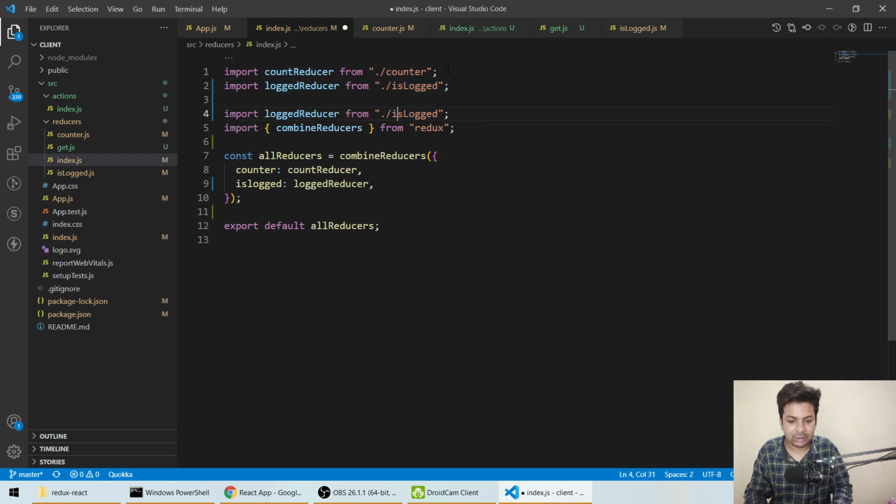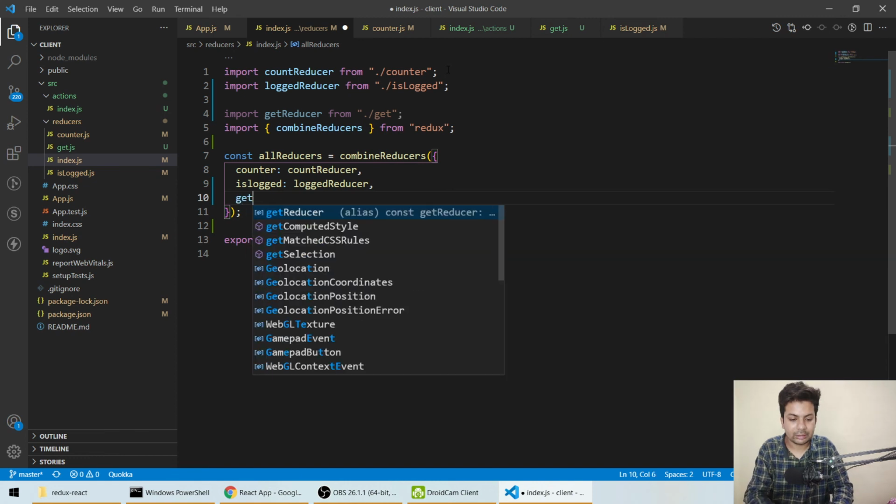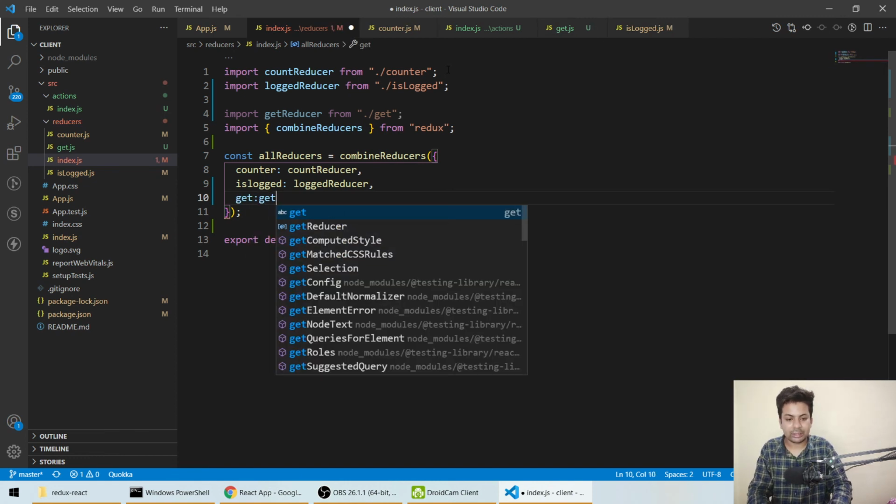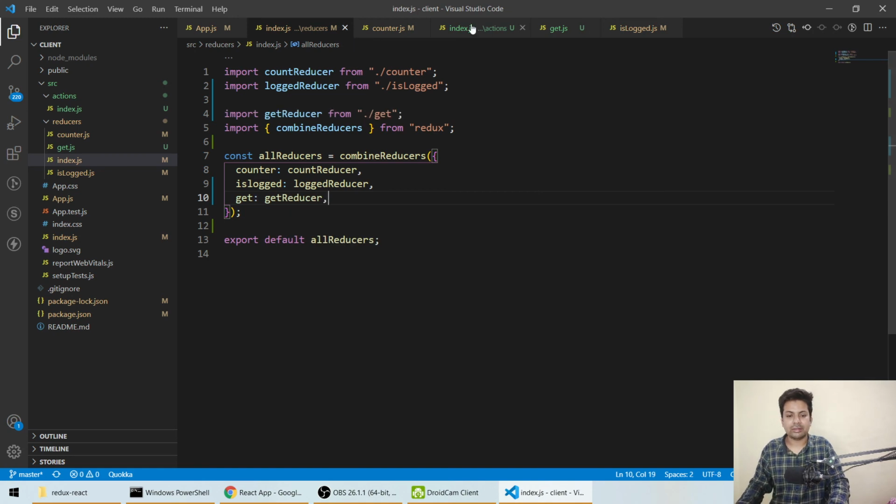We'll save it and come to index.js, and copy this and paste it. Instead of the log file we'll have a file called get, and we have a get reducer. Here we'll make the name get, and the name of the reducer is get reducer. Just save it, everything's fine.